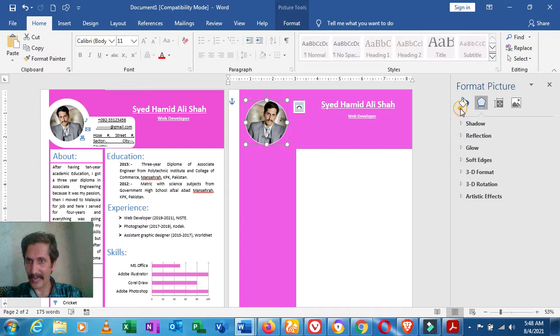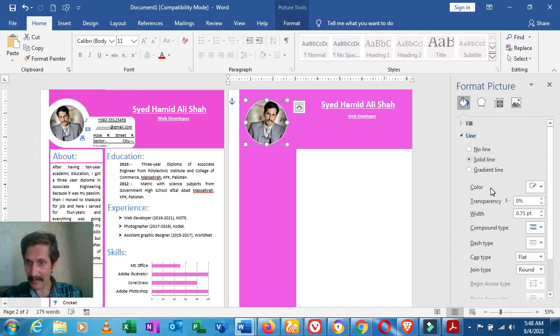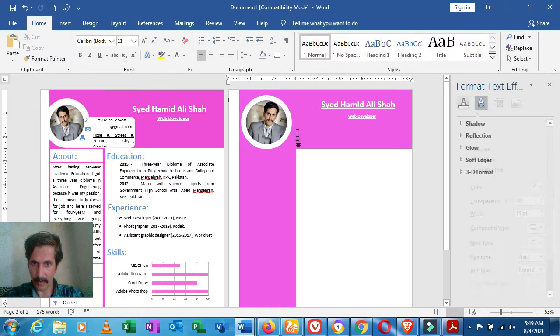First, Fill and Line, click on the bucket. Line means its border. Increase the line border width to 15 pt. Okay, after that